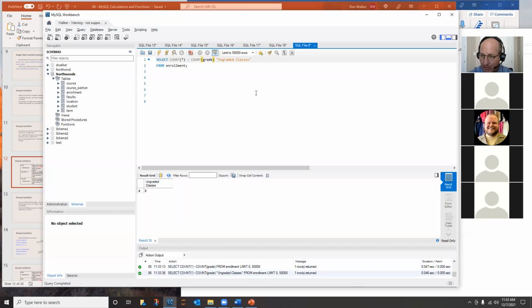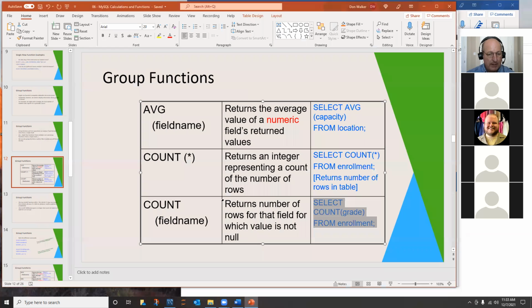So we have 8 ungraded classes. That's a good example of a group function combined with an arithmetic expression that makes a really ugly column header, but you can always give it an alias to pretty it up. All right. I think I'm getting ahead of myself here, but